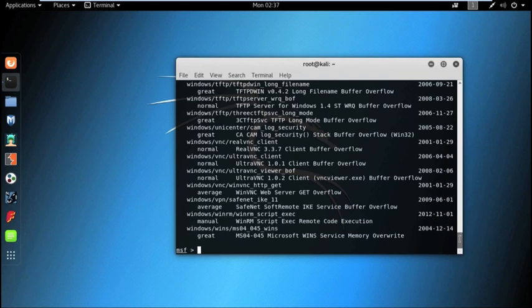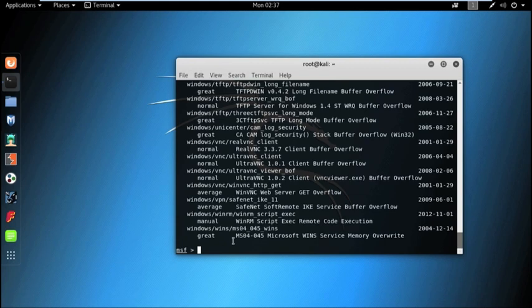Here is the list of all the available exploits in Metasploit. Similarly, we can use the show auxiliary command to see the list of all auxiliary modules available in the Metasploit framework, and also we can use the show encoders command to see the list of all the encoders available in Metasploit.